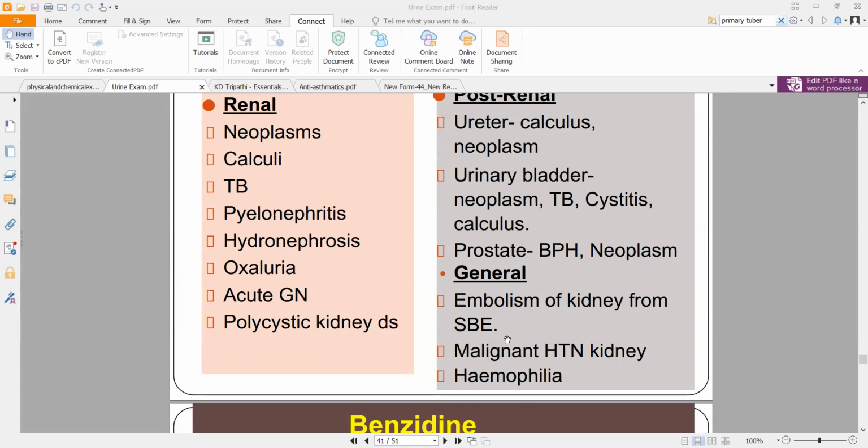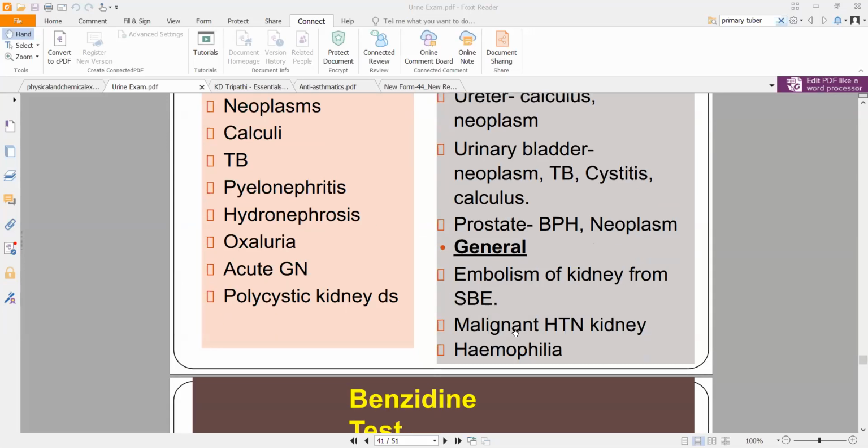यहाँ पर अगर किडनी के blood vessel में blockage हो रहा, तो it will cause hematuria. Or malignant hypertension kidney. Malignant hypertension is a kind of hypertension where your BP is increasing more than 180. 180 by 100 से बढ़ के हो रहा. Okay, that condition is called malignant hypertension, where malignant इसलिए बोलते हैं उसको because it will start damaging organs, like direct damage होना शुरू हो जाता.